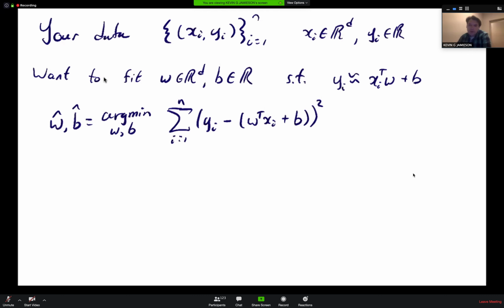Right, because our estimate is W transpose xi plus B, and we're trying to estimate yi, so this makes sense. And what we saw in Jamie's lecture was that I'm going to go and find it just so I don't